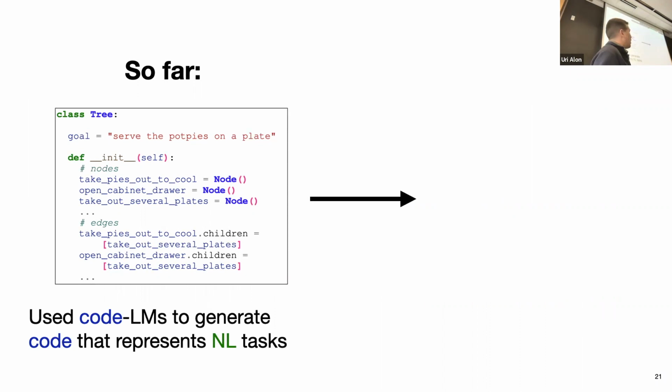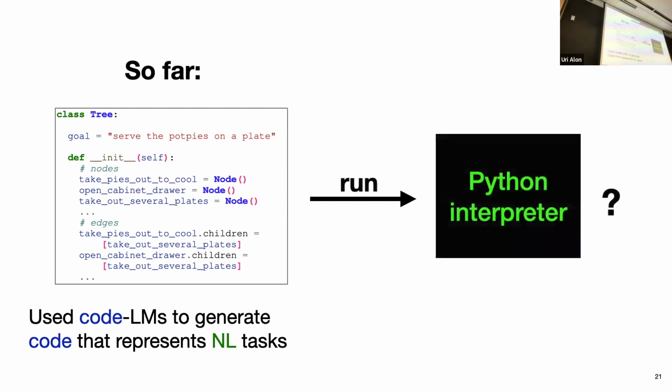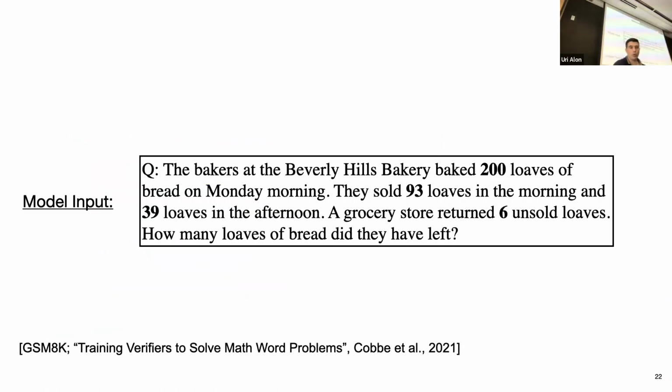And then we thought that now that we have these generated pieces of code, what additional reasoning capabilities can we get by taking this code and feeding it into a Python interpreter? And we found that one promising application of this idea is mathematical reasoning problems, where we have questions such as